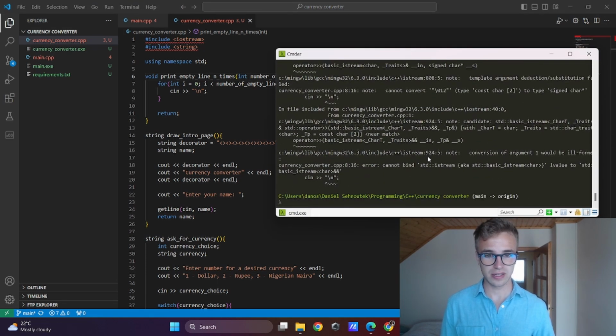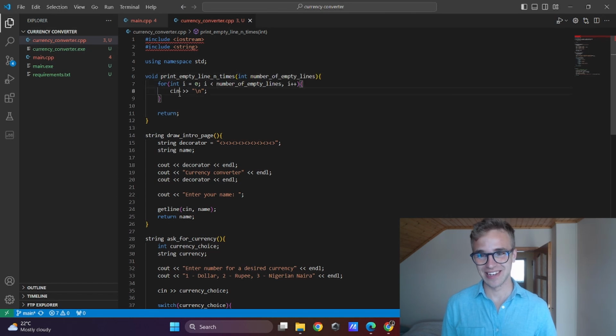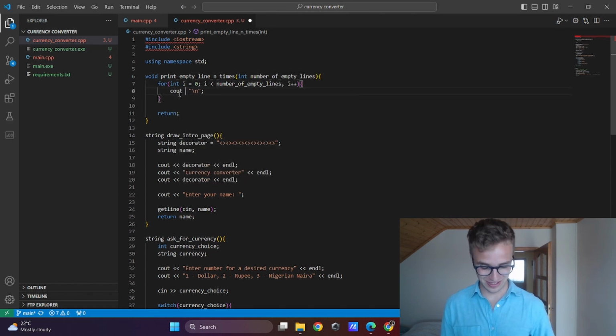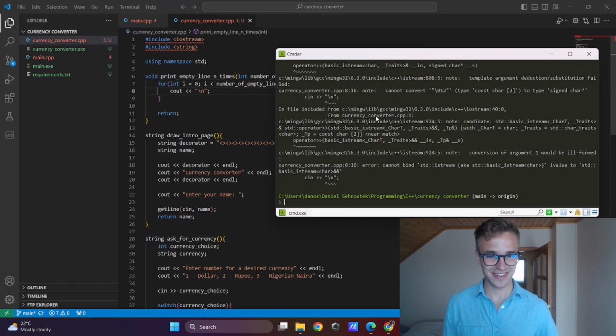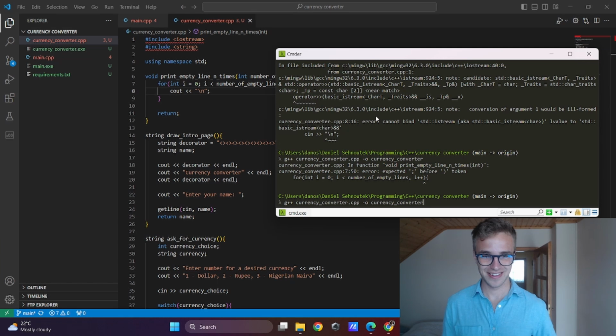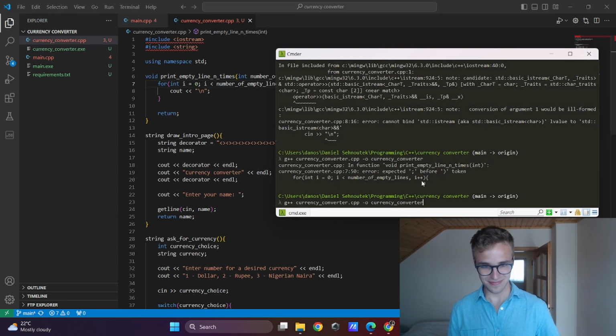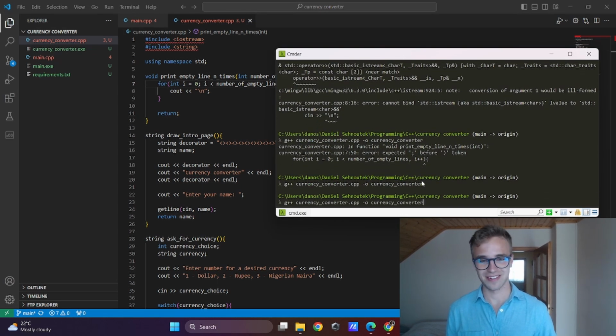Oh my god, that's not good. I would say the second mistake is that we don't need input here, we need output, so the rows are to the output. Okay. Another mistake is that there is not a comma but a semicolon. Okay, now it is working.